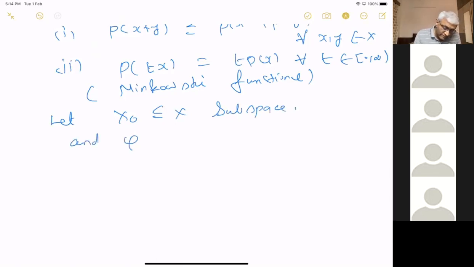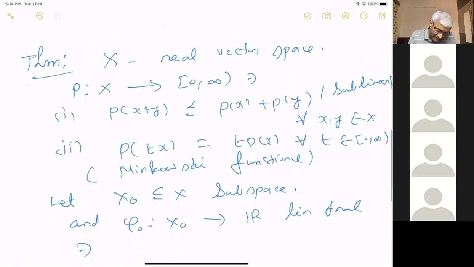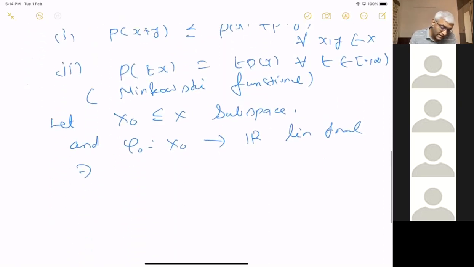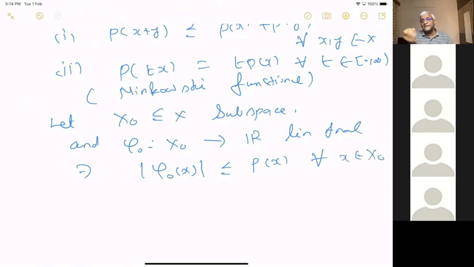And phi naught from X naught to the real line is a linear functional. We are not assuming a normed space, it is just a linear functional which is dominated by this Minkowski functional, such that mod of phi naught x is less than or equal to P of x. P takes positive values, so I don't have to take mod, for all x in X naught. So we have a linear functional defined on this subspace, which is dominated by the